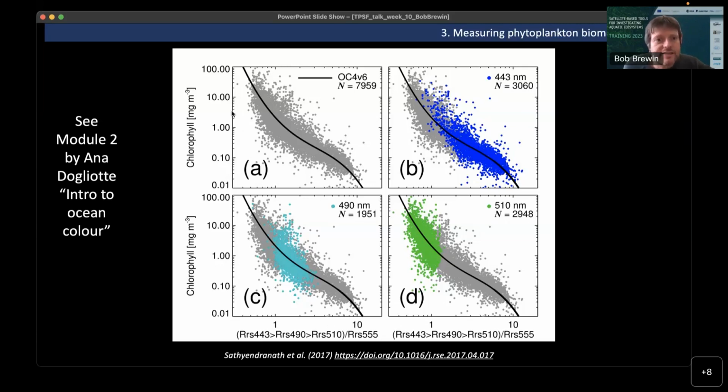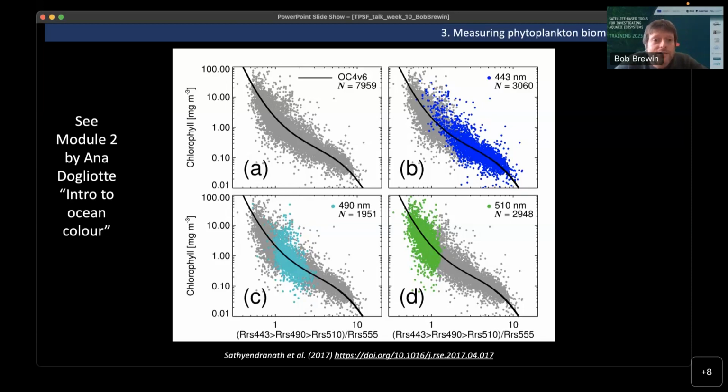And so what you can see in this image is that the chlorophyll concentration is quite well correlated with the ratio of blue to green light. Now, there's a lot of scatter around these relationships, which are down to a number of factors, some of which you possibly touched on, maybe when you were looking at the module or listening to the module on optically complex waters,